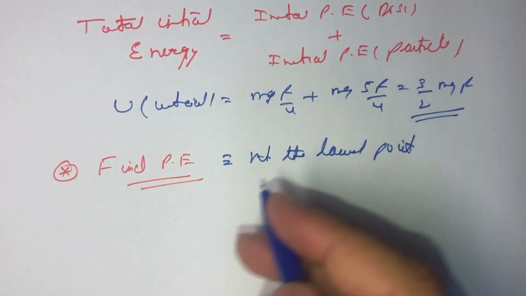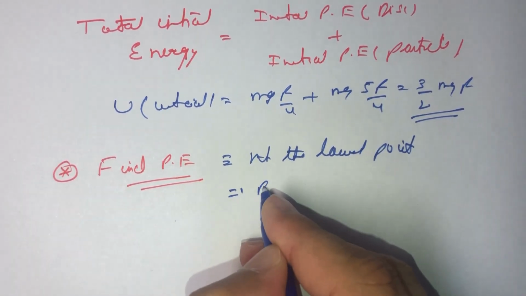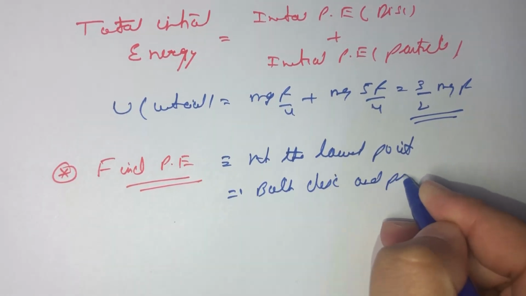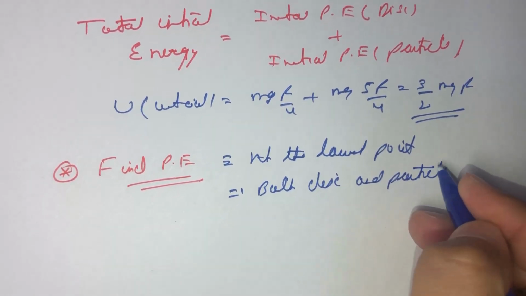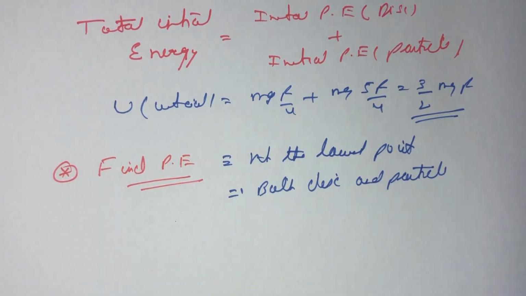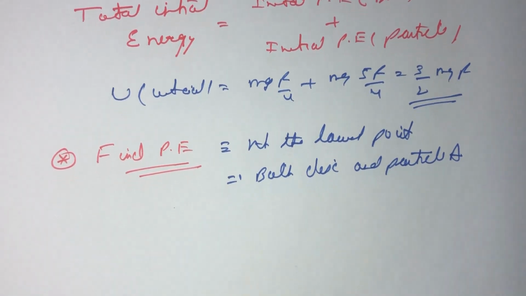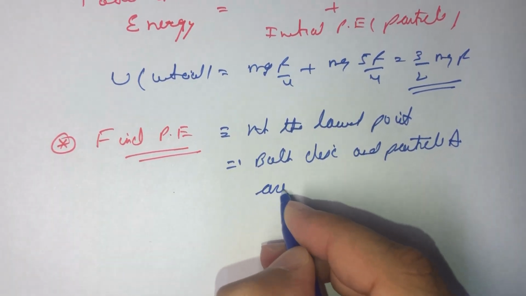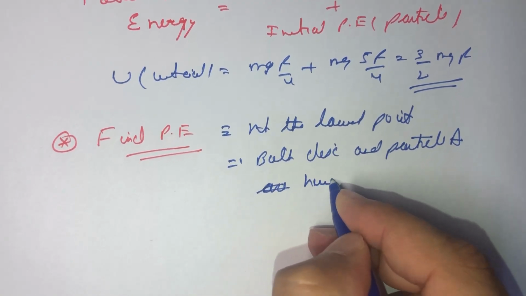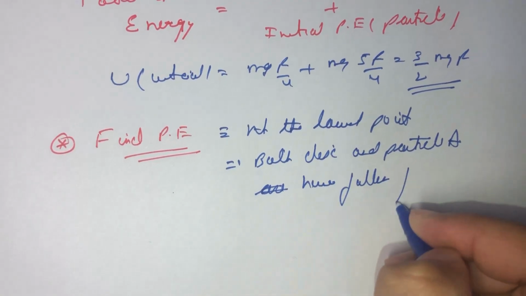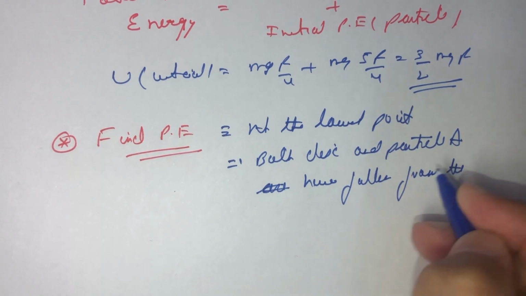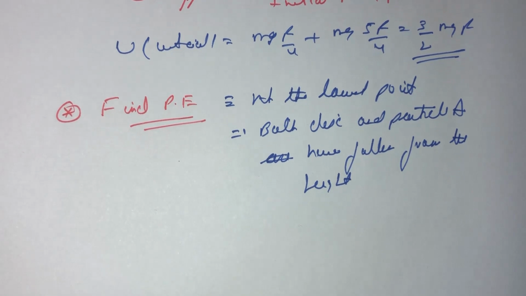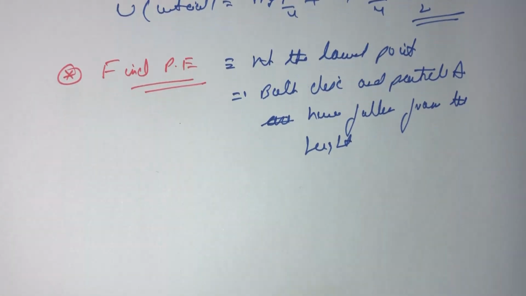At the lowest point, both disk and particle A have fallen from the height. So now the height of center of mass,